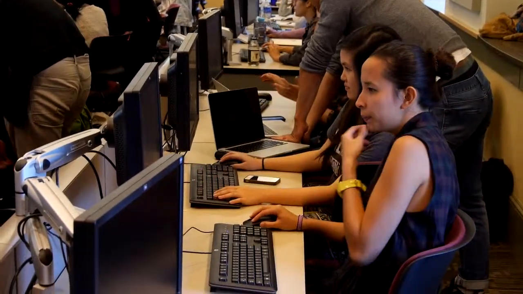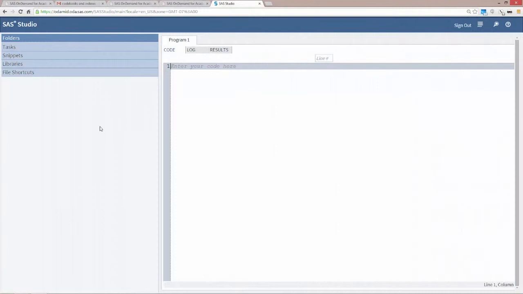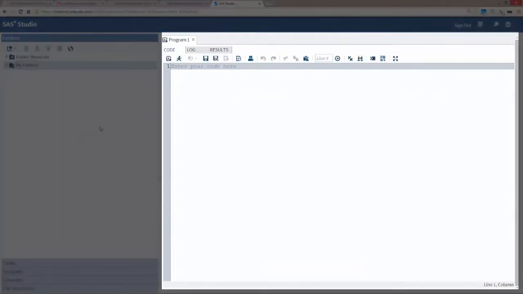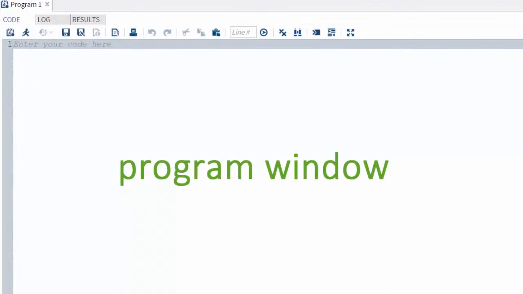Here's how to begin. This is your main screen. On the right-hand side of this screen is a new empty program window, which looks like this. In SAS, the program window works much like a word processor. There are a few basic steps that SAS and all other statistical software languages require when you begin writing a